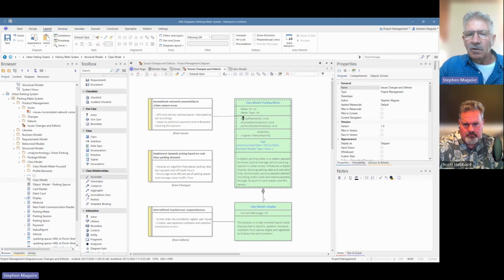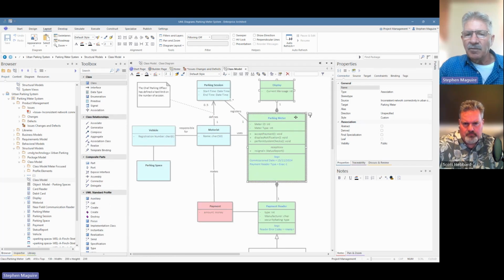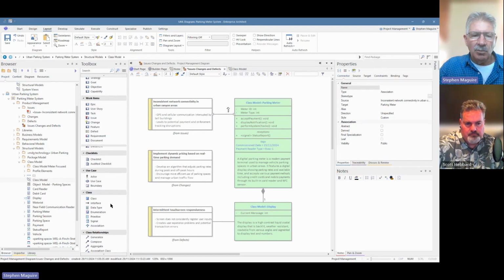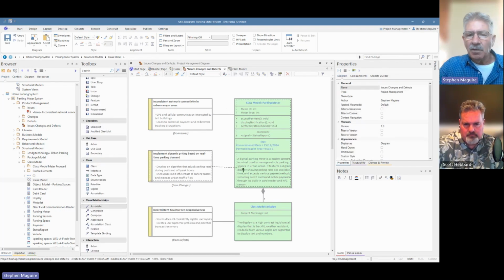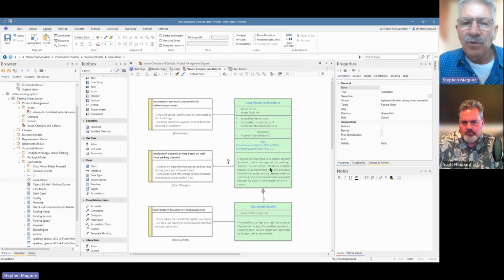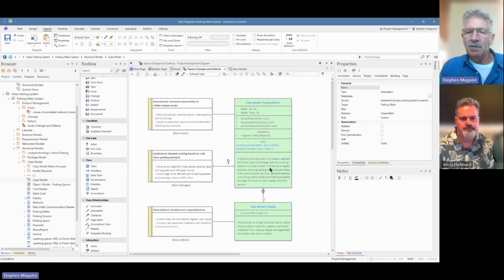parking meter itself. This dynamic pricing thing, is it part of that, or is it part of something else here? The payment reader things. It's really not part of the payment reader. It's part of the core features of the parking meter. So let's attach that one again as well. We can use one of our relationships there. So we've got that. We'll just move that into location, and you can see there, Scott, I've got an incredibly interesting narrative about the parking meter. You can see all the details of what the parking meter is doing, the digital meter thing, and I can look at all of these,